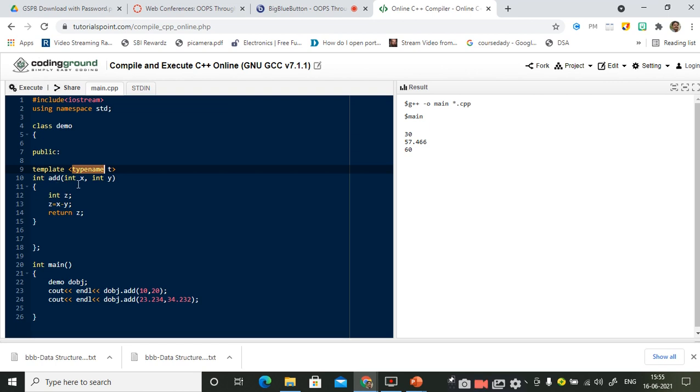And I have to make modifications for this also. So instead of this, tell me, what is this T here? Anybody please respond. Say yes or no, whether you know the answer or not.